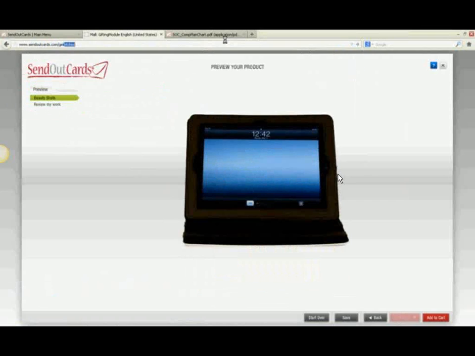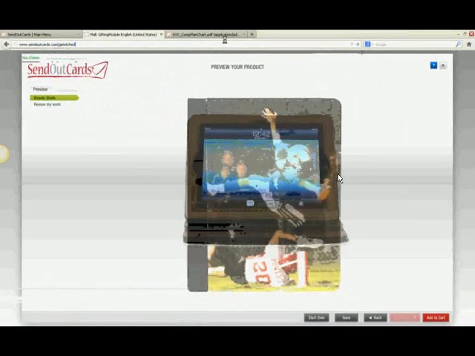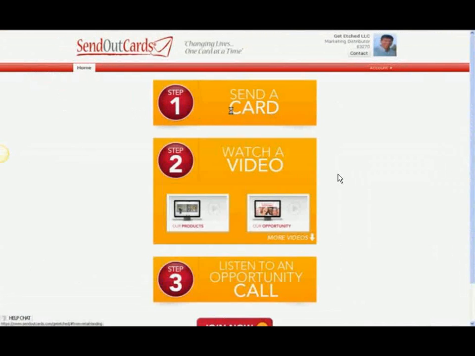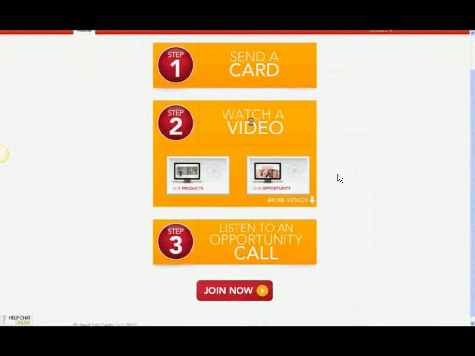And when you go to that website, you have 3 things you can do. The first thing is you can send a card. You can see how easy it is. Step 2, you get to watch a video if you want to learn more about the products, or if you want to learn about the opportunity and how you can generate a revenue stream for your company, your charity, or